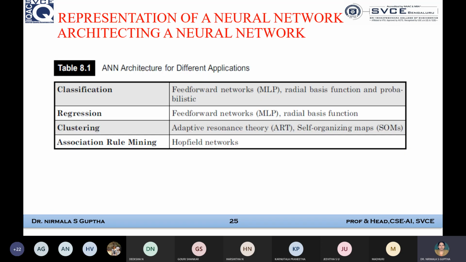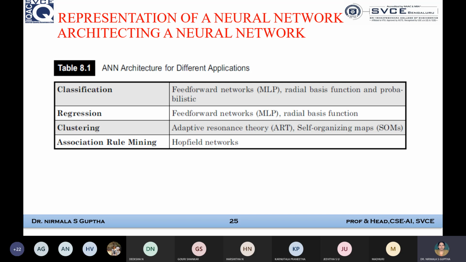So in this regard, architecting a neural network, there are many ways to architect, many ways to design the functioning of the artificial neural network. When I say there are many functionings of an artificial neural network, very simple ones we normally choose, isn't it? Using a fairly simple process, a simple model, or a simple rule with a lot of flexibility at that particular instance. So the most popular architecture is a feed forward architecture, multi-layered perceptron with a backpropagation learning algorithm.